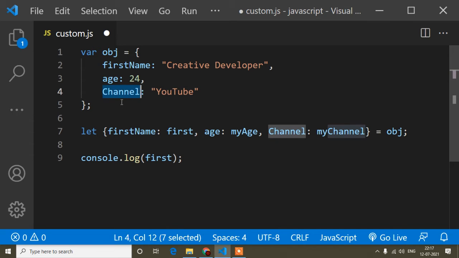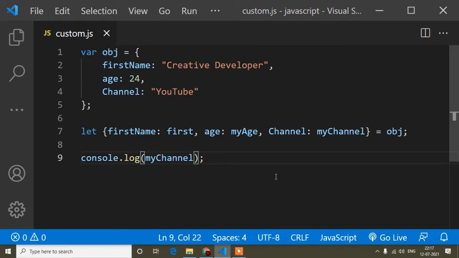Suppose I need the value of channel, I don't have to write object dot channel. I simply write the variable my channel, because channel is the property and the instance name I have written is my channel. So I copy my channel and paste it here.